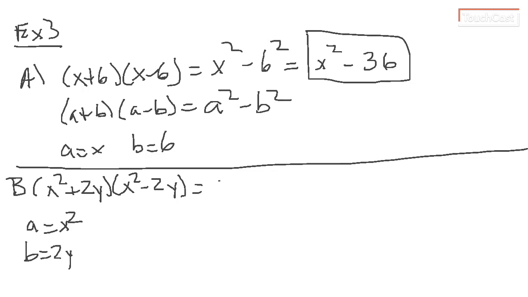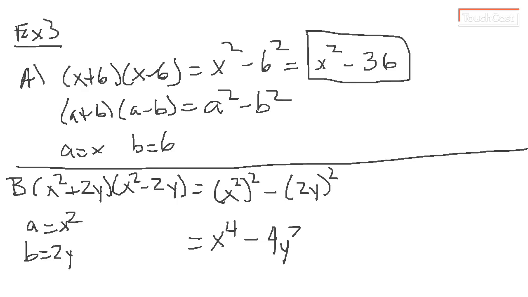So we're going to square x squared, and then we're going to subtract and square 2y. Well, x squared squared. Powers of powers say we multiply the powers. So we're going to get x to the 4th, minus 2 squared is 4 and a y squared. So x to the fourth minus 4y squared is what we're going to end up with